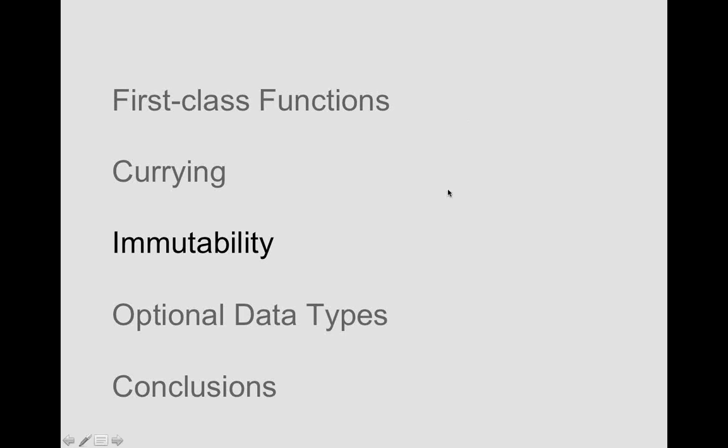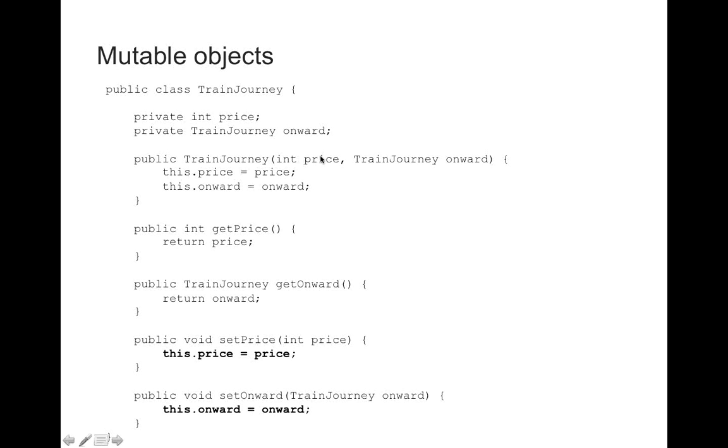This is what we typically do on a day-to-day basis, right? In this code here, I'd like to represent a train journey. A train journey has a price and an onward journey. If it didn't have an onward journey, then we could set that field to null. We've got a constructor for it, which takes the price and the onward journey. We then have two getters, getPrice and getOnward. And what's interesting is that we also have two setter methods. If we'd like to change the price of the current train journey object, we've got those two methods to do it. And this ability